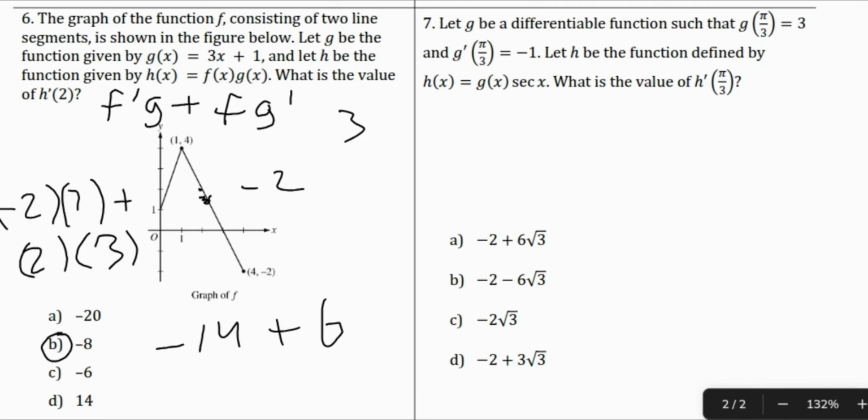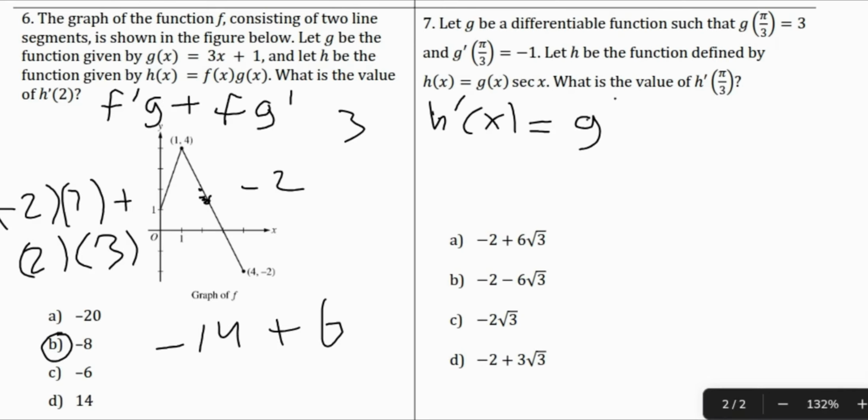And let's look at this final question, which is let g be a differentiable function such that g of pi over 3 is equal to 3, and g prime of pi over 3 is equal to -1. Let the function defined by h of x be equal to g of x times secant of x. What is the value of h prime of pi over 3? This one is yet another product rule question. So h prime of x is equal to